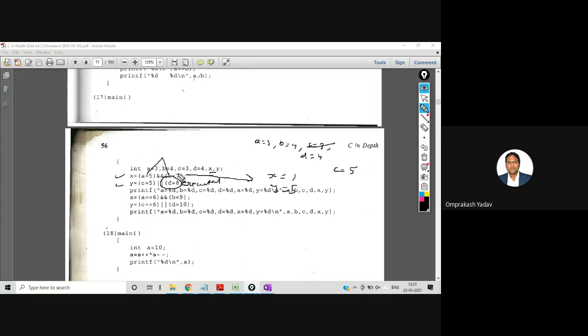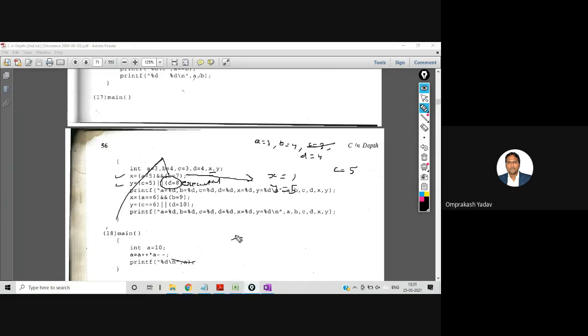So please remember this. d is equal to 8 will not be executed. What is the reason? Because this is the OR operation, and the compiler knows that if any of the inputs is true, then the output is going to be true only. So if the first input is true in case of OR, the second expression will not be executed. And in case of AND, if the first input is false, then the second expression will not be executed, because if any of the inputs is false, then in case of AND, the output will be false only, right?